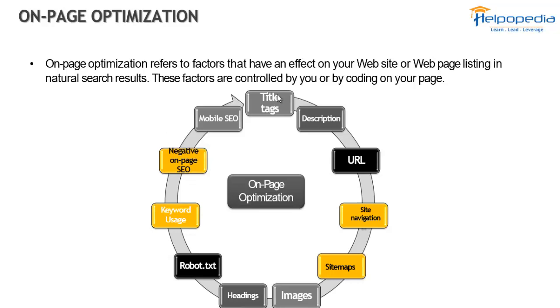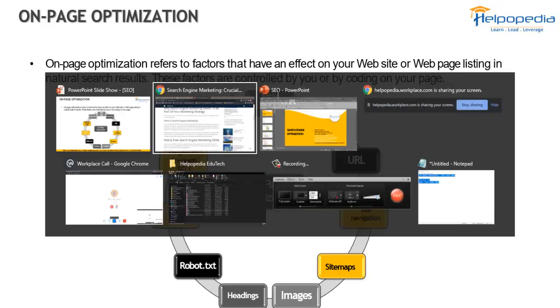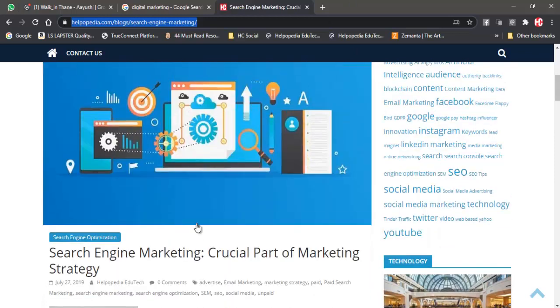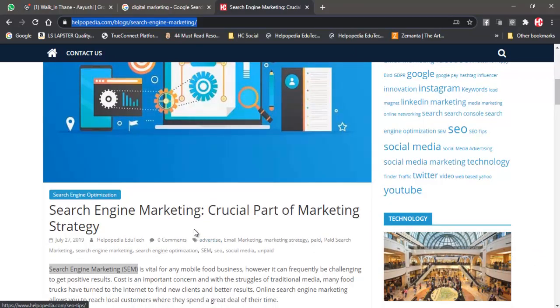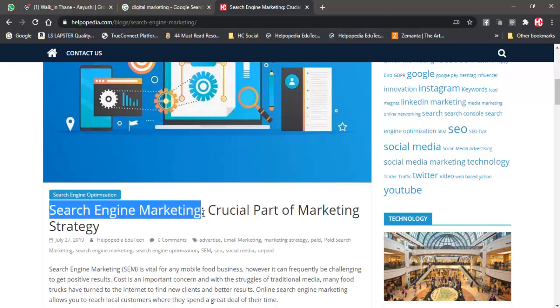Before actually doing search engine optimization, the actual process is that whenever you sit to write any content or a blog, you first need to identify the topic on which you want to write. So we selected a topic like search engine marketing. Now we should know what the important keywords are which support search engine marketing. For that we have various tools that we are going to study, to find the words related to the search engine marketing keyword.